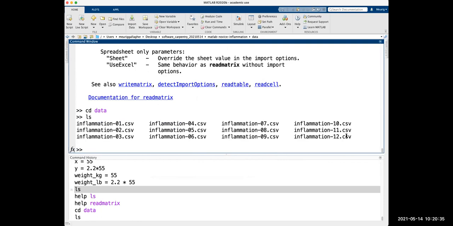And you see there's 12 files. This is all our data files for what we've got. So these are patient data files, or fake patient data files. So each file corresponds to a different set of data. And the data is going to have some interesting information in. I think we'll come back to exactly what's in the data in a second.